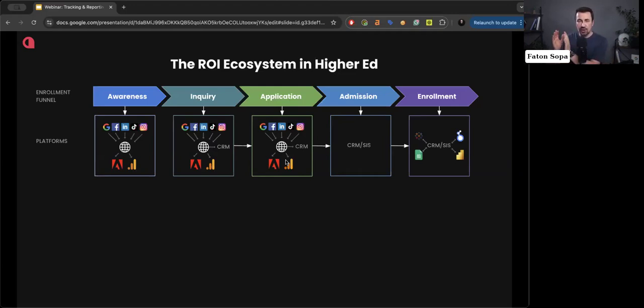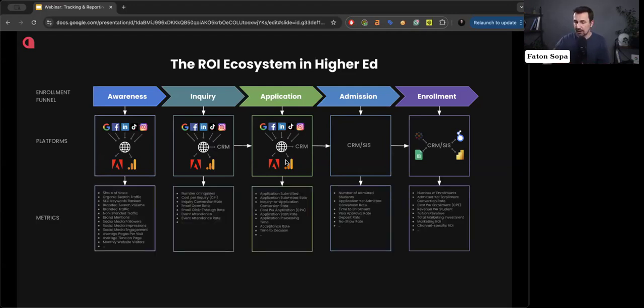Then when your admission team goes there and makes changes, those changes in most of the cases that we have seen do not go back to Google Analytics and close the funnel. So what we always recommend is, whenever you have a status change on admission or enrollment, you need to implement a system that sends the data back to Google Analytics and creates an event for each admission and enrollment that you generate, so that you have a full funnel in Google Analytics.